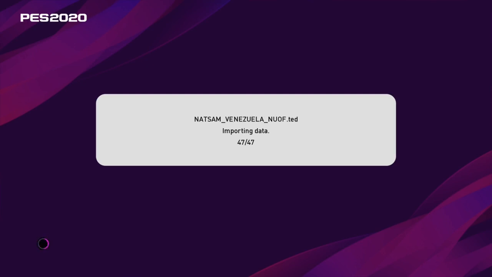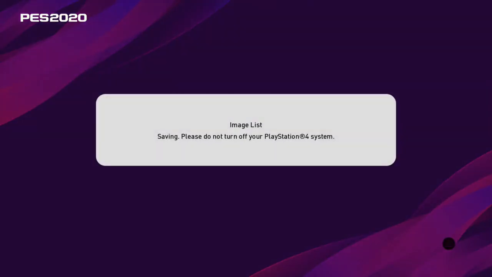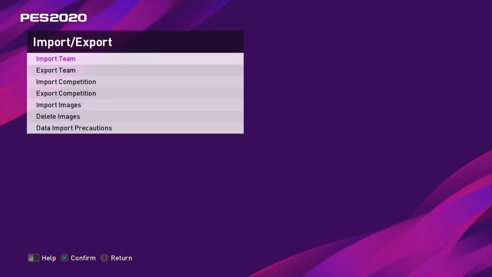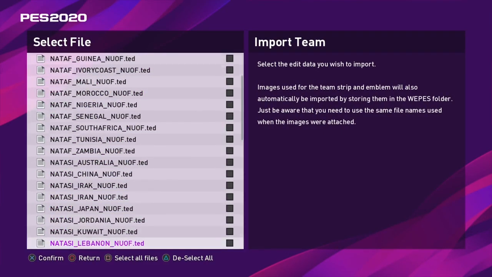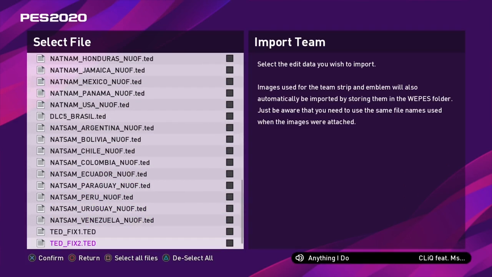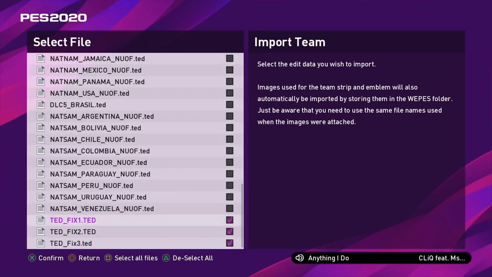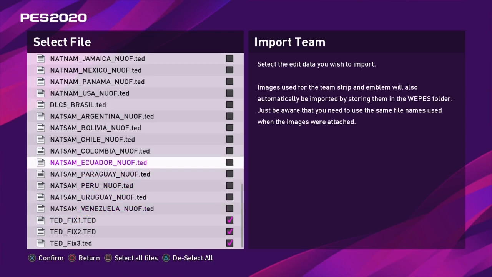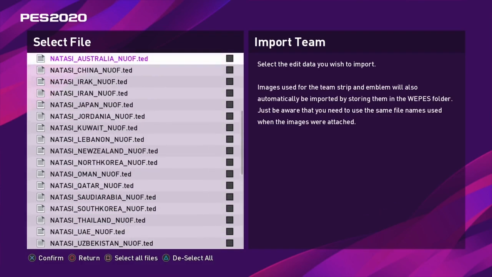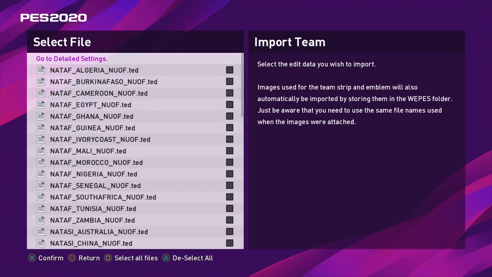Now that it's completed, go back and do exactly the same thing. Install Teams, select your USB device, and now this time when the same screen opens, go down and select the TEDfix files that you had unselected previously. So don't tick any of the, it says Morocco, Algeria, etc. Don't tick that. Only go down to the bottom, select the 3 TEDfix files, and then go back up and